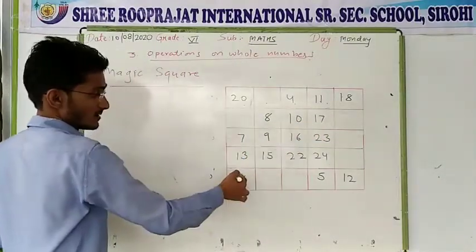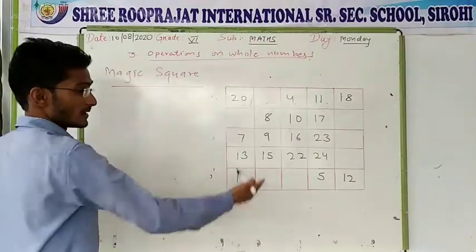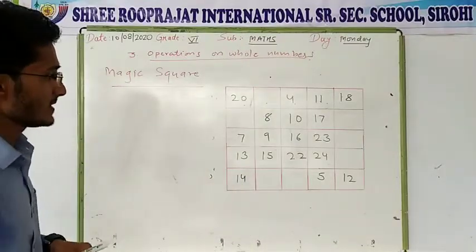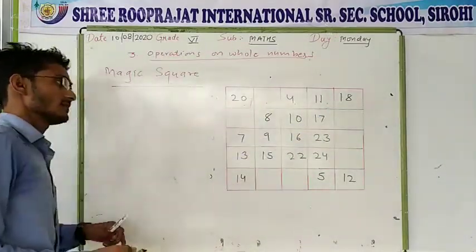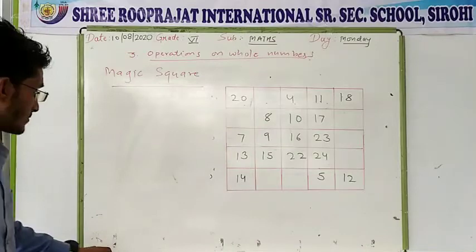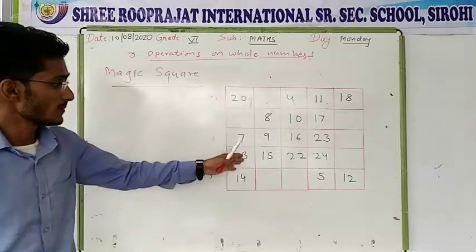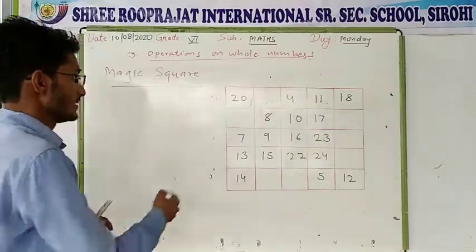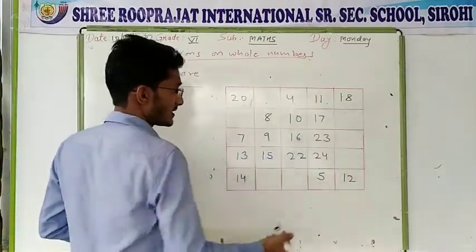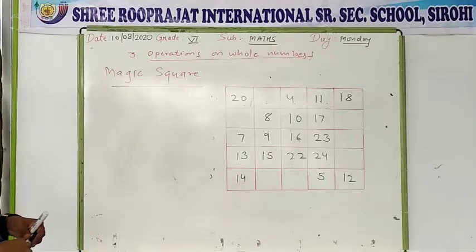If we talk about the columns, the sum of all the columns is the same, and the same for the diagonal. From the opposite vertex you have to add the numbers. So these are the 3 properties: the sum of columns, sum of rows and diagonals are the same. Now you have to find the missing numbers, like the empty boxes given here. So you have to find what will be there.